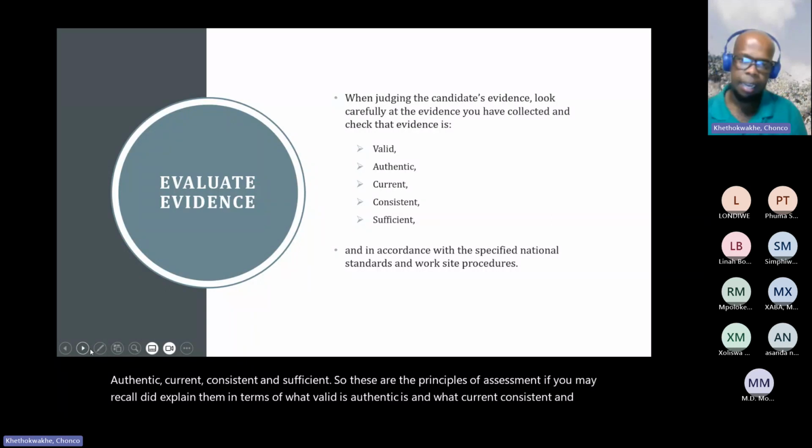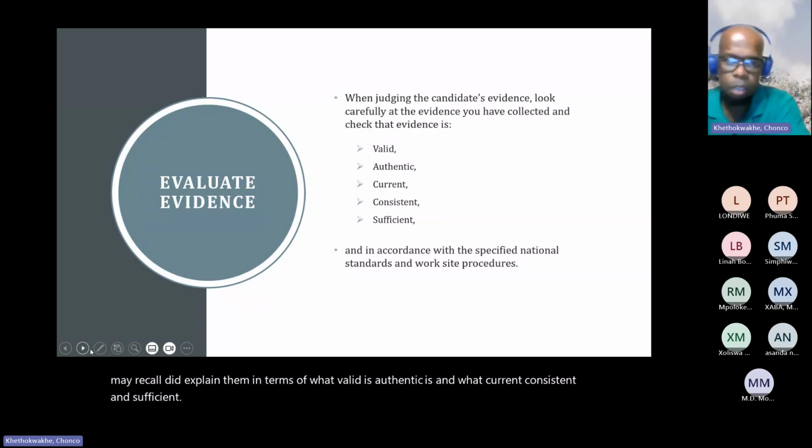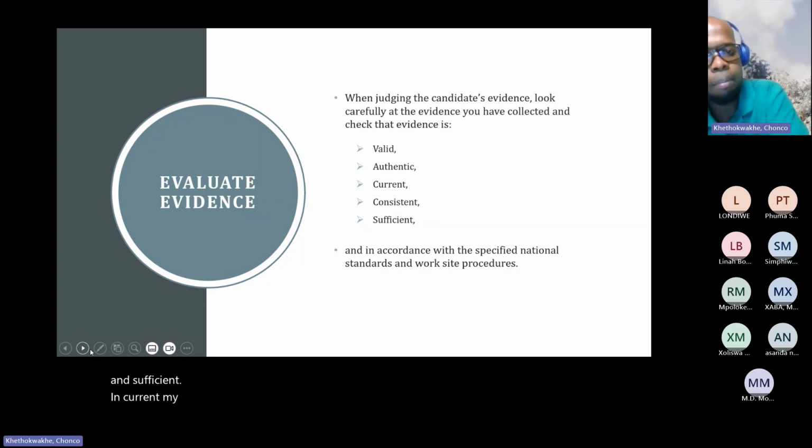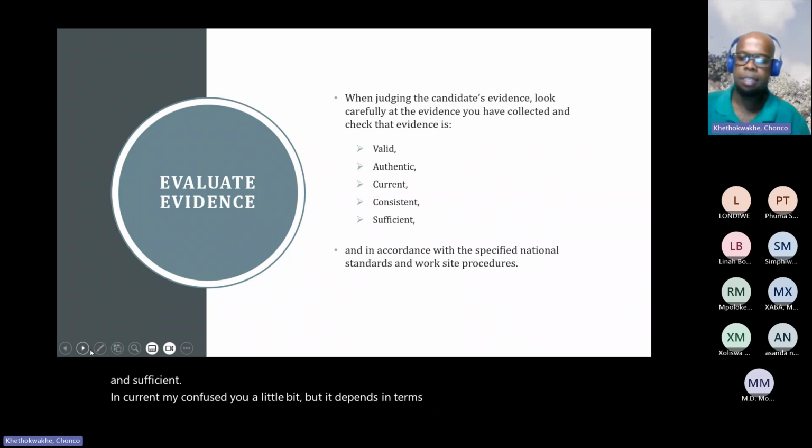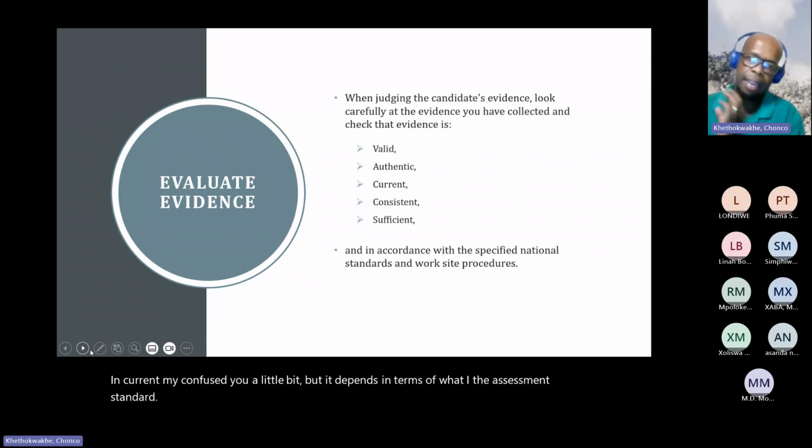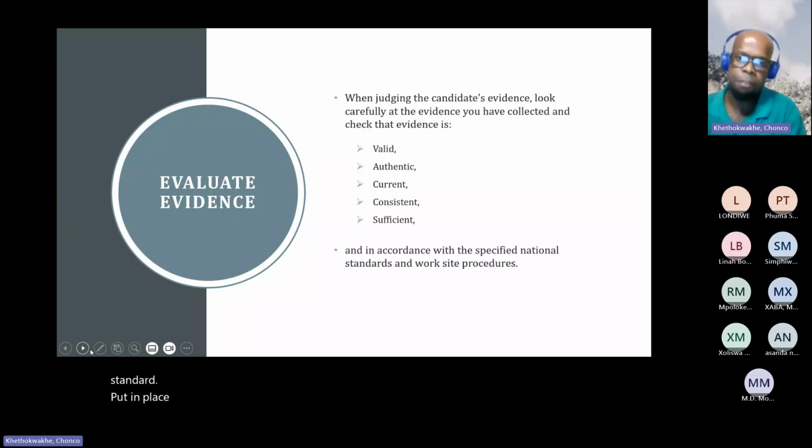Sometimes valid and current might confuse you a little bit, but it depends on the assessment standards put in place, which define current evidence, valid evidence, authentic evidence, consistent evidence,